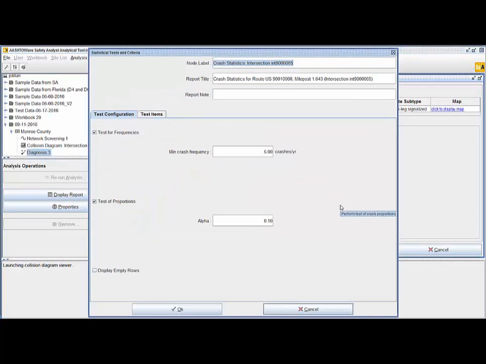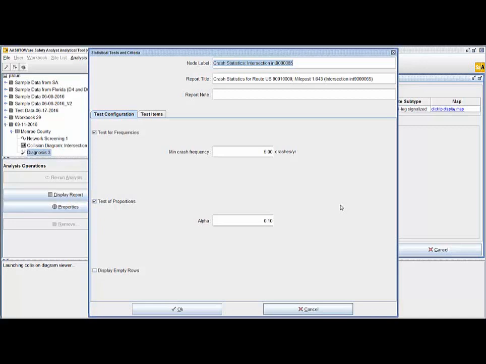Statistical tests can be performed based upon crash frequencies and/or crash proportions. Overrepresentation of a crash pattern may be indicated by a large count of crashes of a given crash type, or a large proportion of those crashes as compared to proportions for similar sites elsewhere on the agency's highway system, or